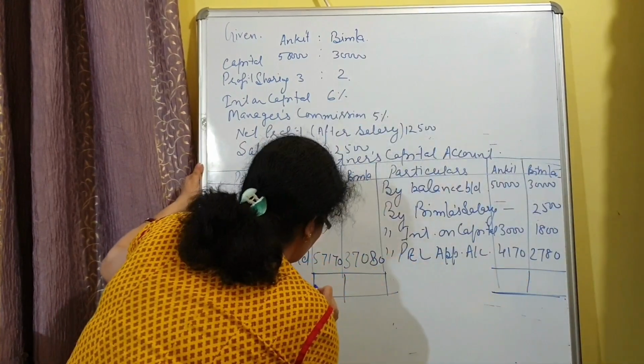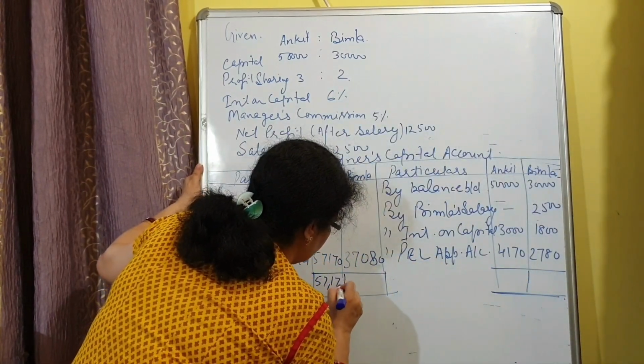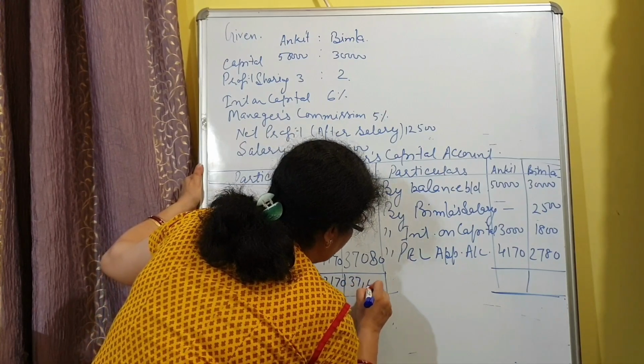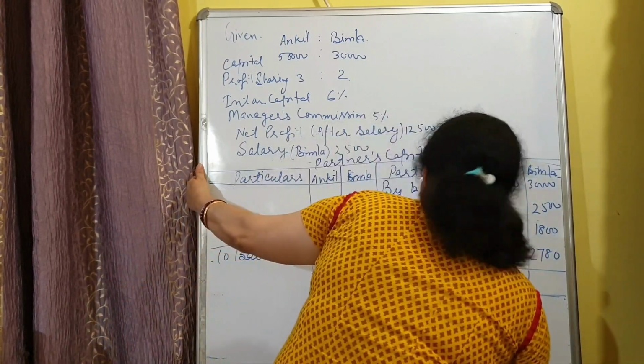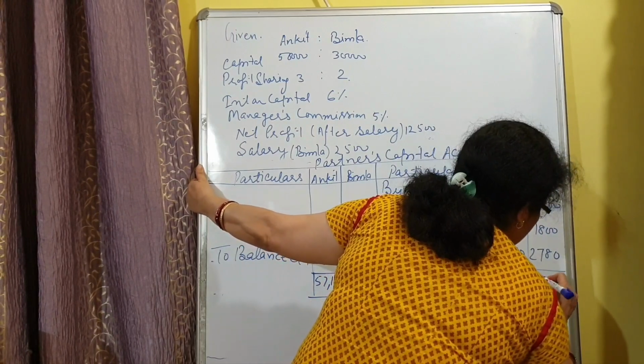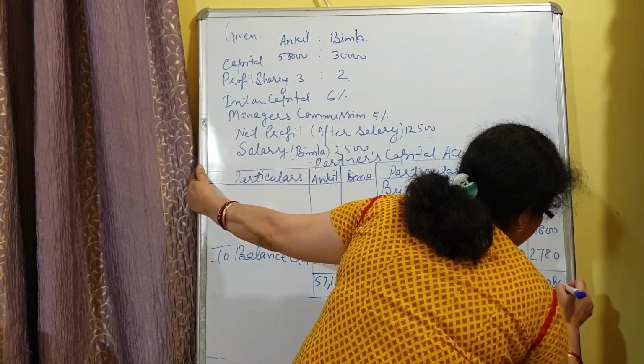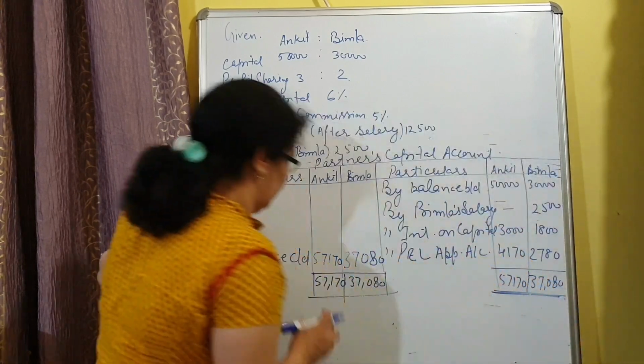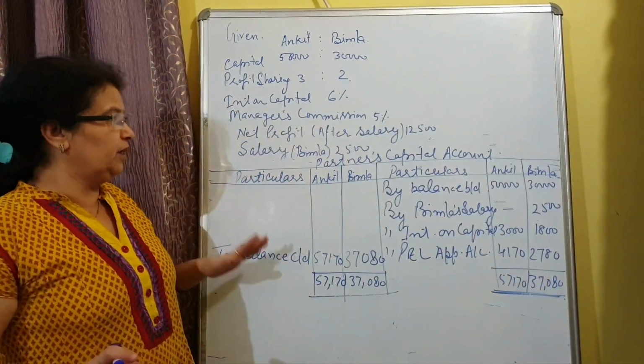After this, make the total of both the partners and your question is solved. Now the total 57,170 and 37,080. Similarly 57,170 and 37,080. This is the total. Now the question is solved. Now copy down both the